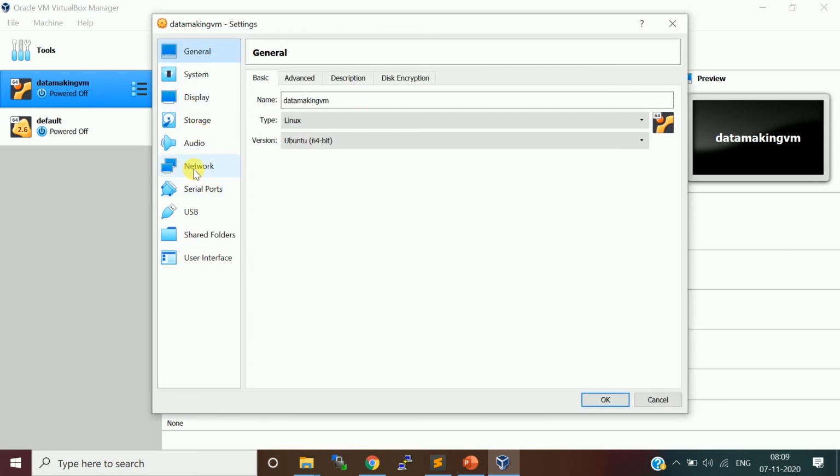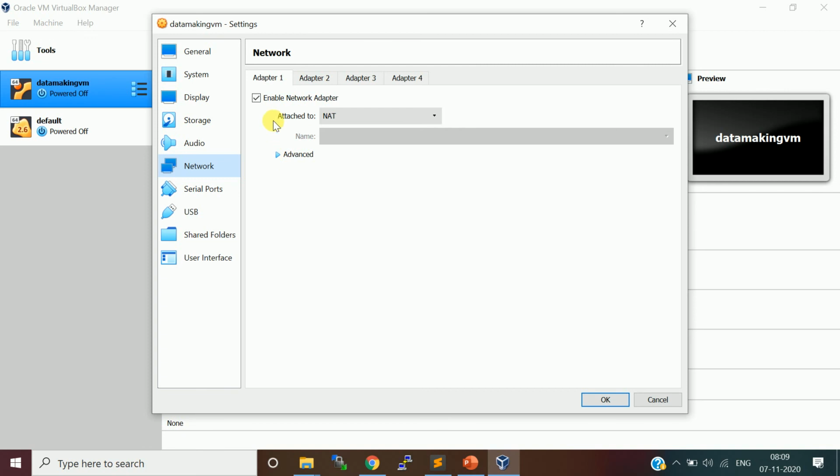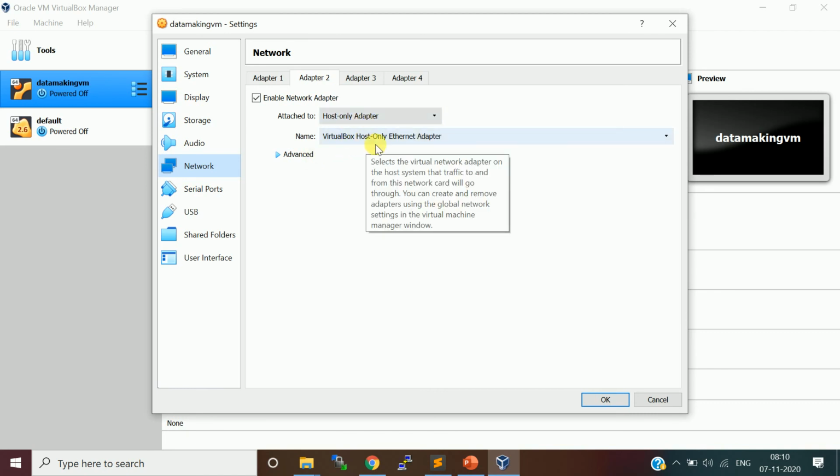If you go to the network tab, you see that in the adapter 1 tab, Enable Network Adapter is checked and it is attached to NAT. Click on the next tab, adapter 2. Here it will be empty; Enable Network Adapter will not be checked. So you can check Enable Network Adapter and choose host-only adapter, and keep the name as VirtualBox Host-Only Ethernet Adapter.